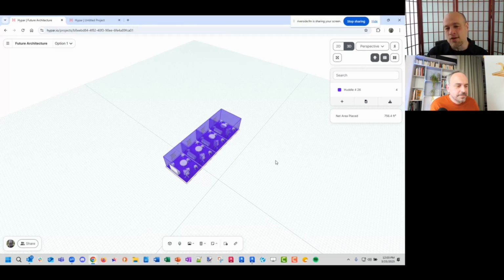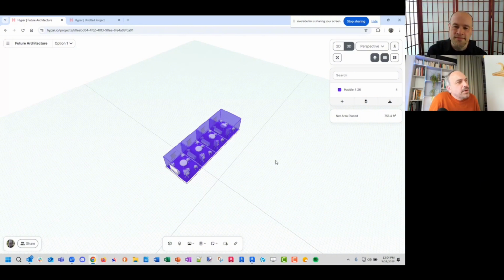In this particular firm, they have a whole asset management group. Each designer ends up doing like 3 office test fits a week. And so they're just really going very, very fast all the time. And they don't really have time or a need for a full-blown BIM in Revit. They're really just trying to bring a client to a decision point where they can say, yes, I see that I can fit 350 people in this building on that level. Let's go ahead with a real design for the project, which they will do up to a point in Hypar and then bring it to Revit for completion to construction documents.